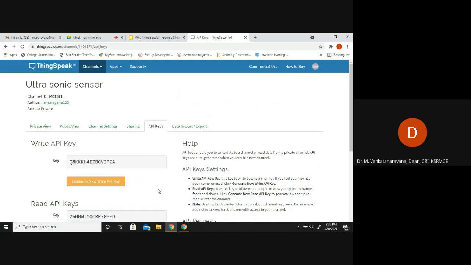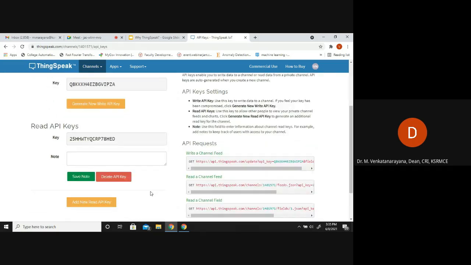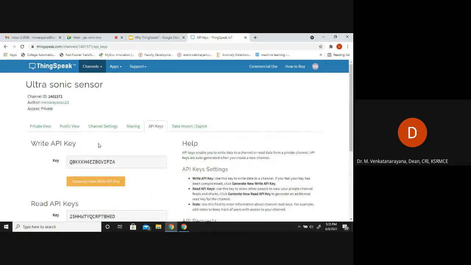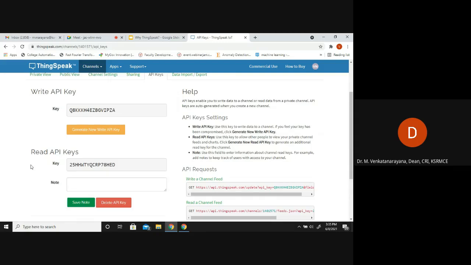Here we can find the write API key and read API key. The write API key is required when we are in private view. With the help of the write API key, we can send sensor data to ThingSpeak. When we want to read a channel field data, we require the read API key.